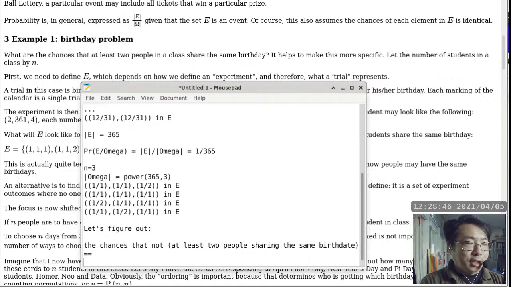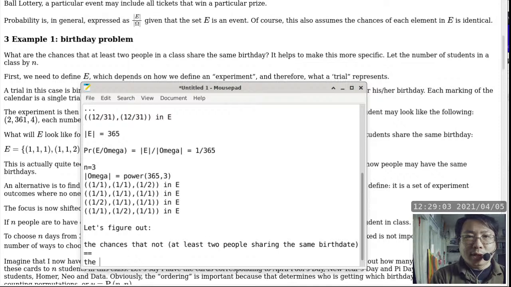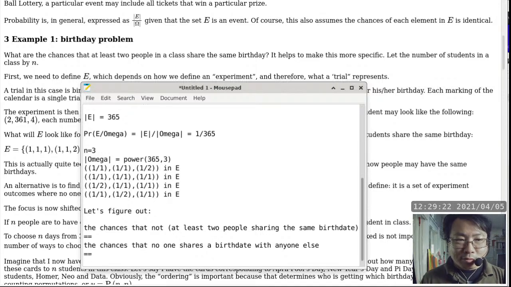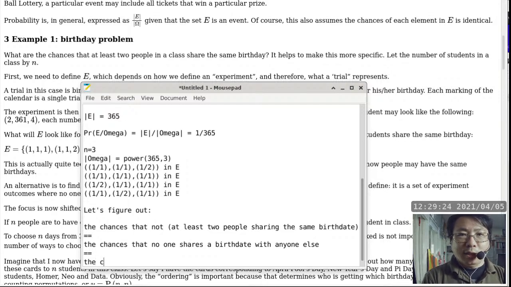I'm using equal equal here because I want to express that the next statement is really expressing the same thing, except it's a whole lot easier to understand. Exactly. All right, Anita is correct. So this is the same thing as asking the chances that no one shares a birth date with anyone else. In other words, there's another way to describe this too, which is the chances